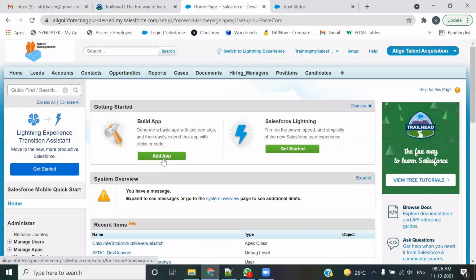I'm accessing this application. I'm using this application. Now to access this application, what do I require? Do I require my laptop to be taken everywhere? No, absolutely not. Even if I type the same thing on your laptop, if I type login.salesforce.com, and then I'll enter my user ID and I'll enter my password.